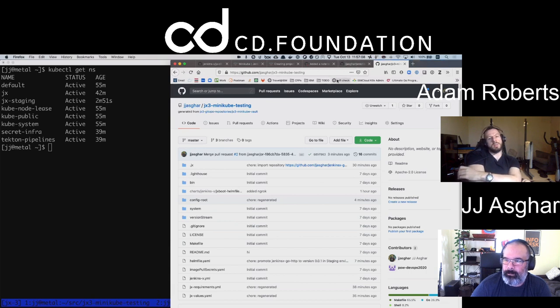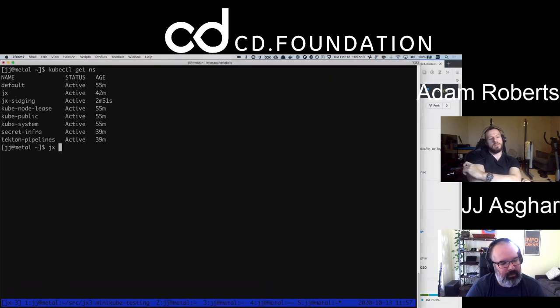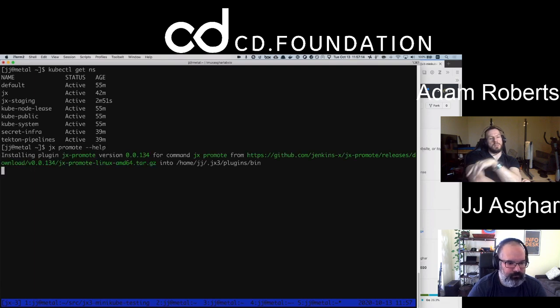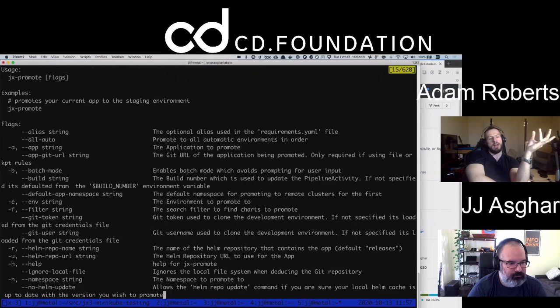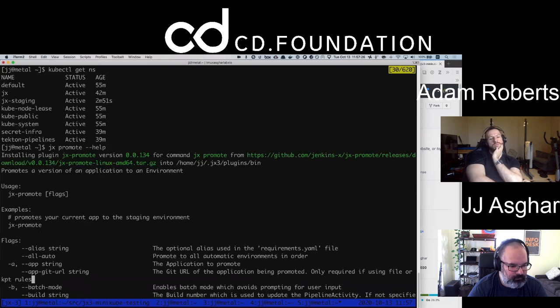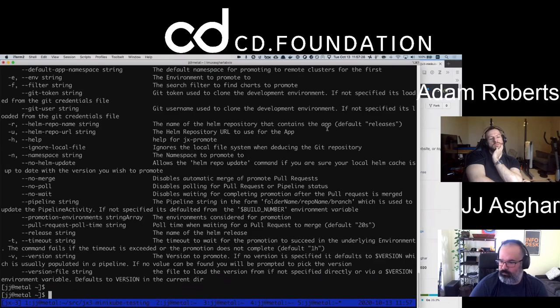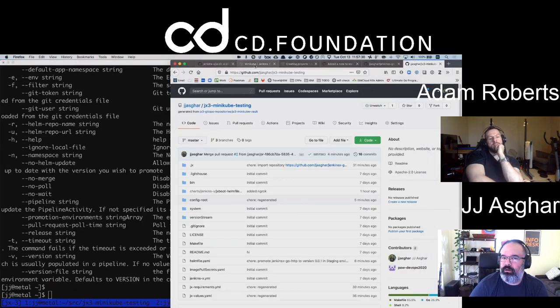So do jx promote --help. I'm guessing here, but I'm thinking you can promote from the staging environment to production. There's a PR and it shows you it deployed. So for jx promote, what does it want? There's an example on the website. Wow, there's a lot of configuration.